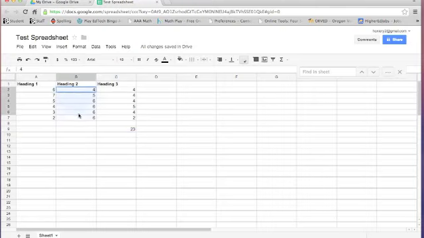I can do the same with heading 2. I can go ahead and auto average those. You'll notice that the actual function will turn into a spreadsheet formula that is applied to those pieces of information that shows exactly what's happening. Meaning we see equal average B2 through B7 right here, and that's just a formula that's being applied